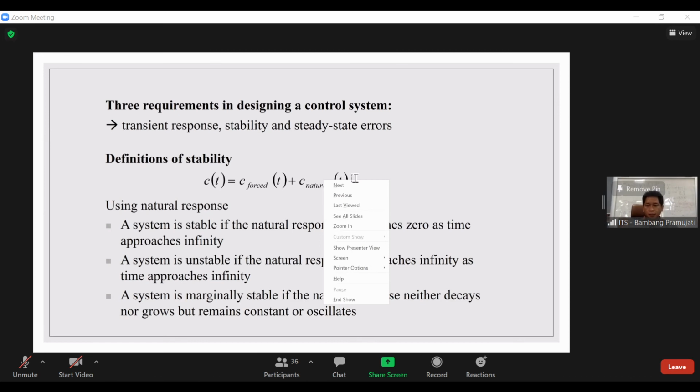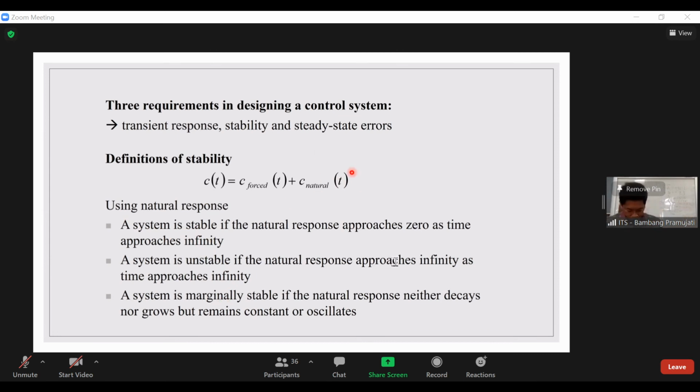Kalau kita define stability based on the natural response, and the definition of the stability is as given here, ya. Jadi sistem ada yang stabil, ada yang unstable, ada yang marginally stable. Kalau kita lihat dari natural response-nya,